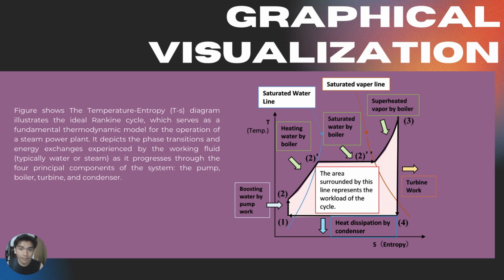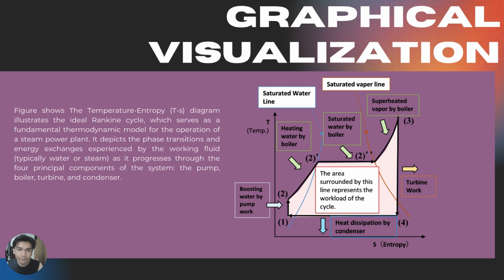Today I would like to talk about the graphical visualization. So this figure shows the temperature versus entropy diagram. It also illustrates the ideal Rankine cycle, which serves as a fundamental thermodynamic model for the operation of the steam power plant. It also indicates the phase transition and the energy changes of the working fluid, typically water or steam, but in this case it's steam. It progresses through the four principal components, which are the pump, the boiler, the turbine, and